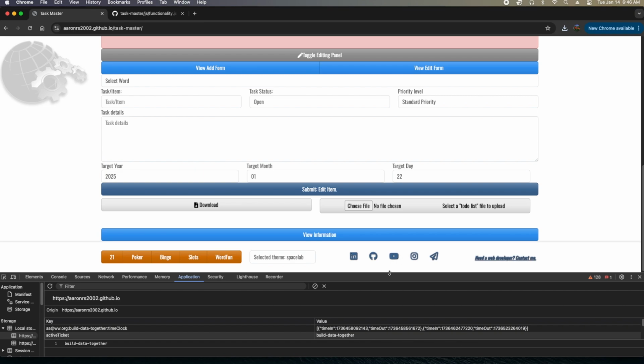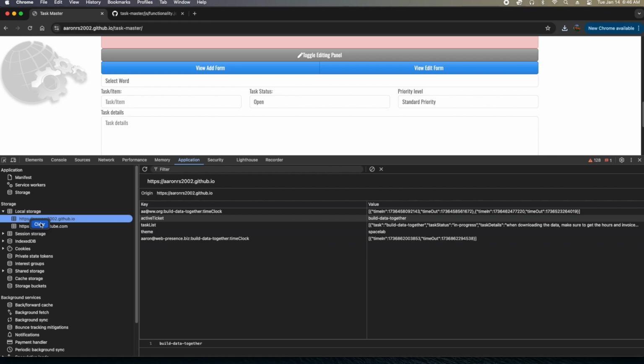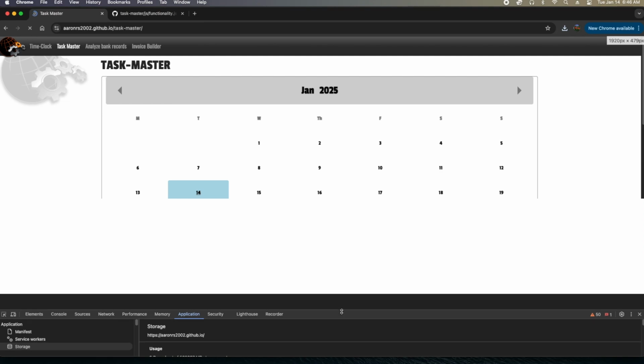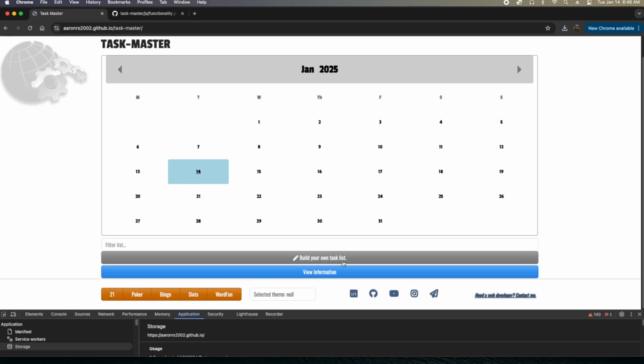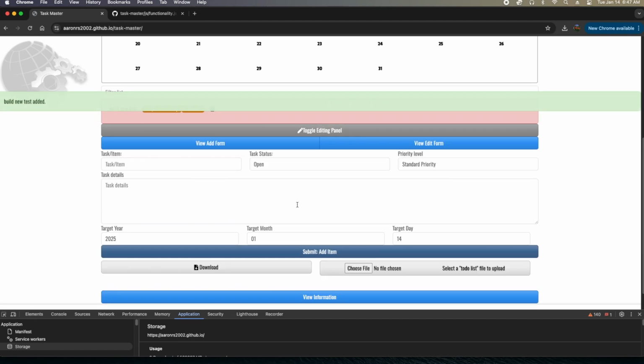Now that we have it, I'm going to clear out our data here in our local storage. Clear that, so we don't have anything. Nothing here. Okay. And so I'll build something. I'll call it build new test. And yeah, sure, it's in progress now. It's elevated. I want to do today. First example on video. Okay. So now that you can see that,